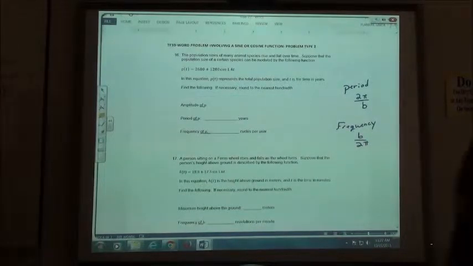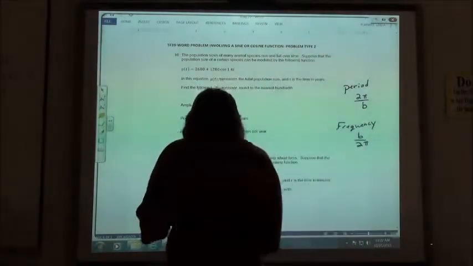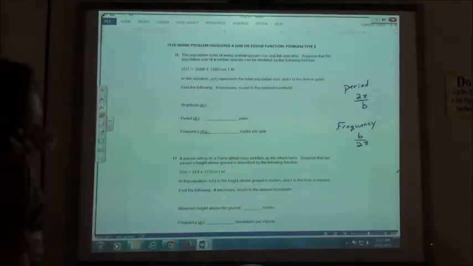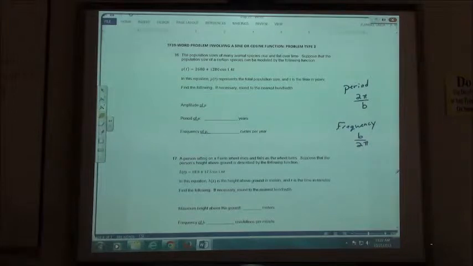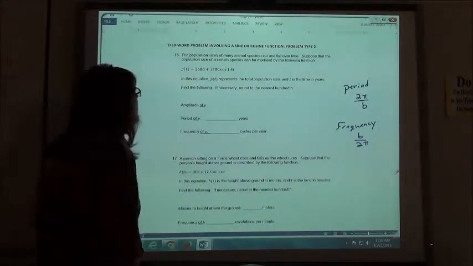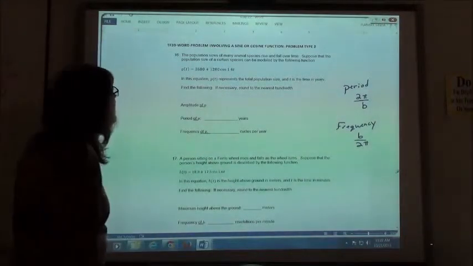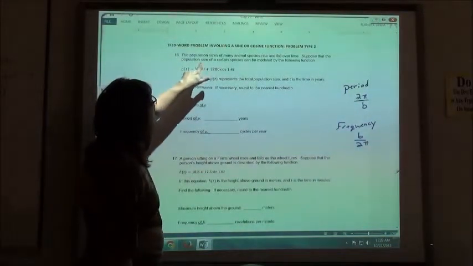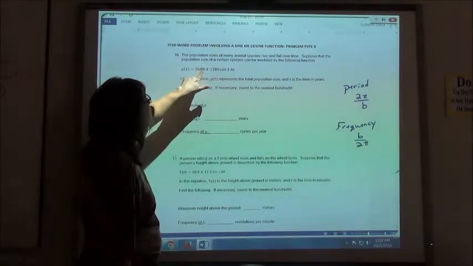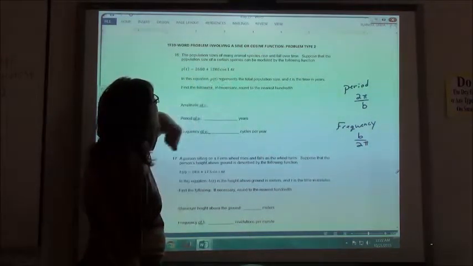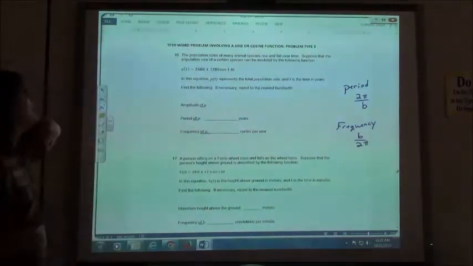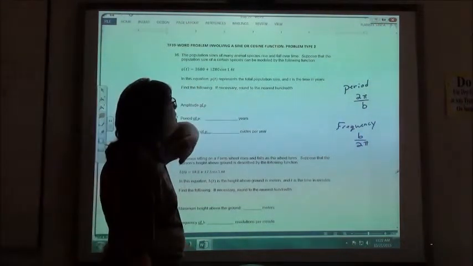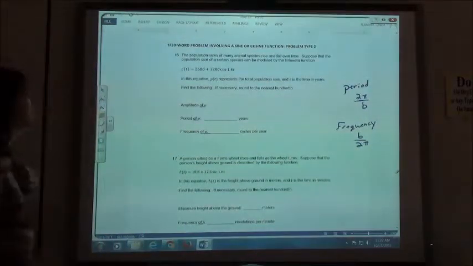So 16, 17, and 18, again, we have some word problems that we're going to do. Based on sine and cosine functions, the population size of many animal species rise and fall over time. Suppose the population size can be modeled by the following function. P of t equals, this would be my starting population, 2,680, and then it's going to change by 1,280 times the cosine of 1.4t. In this equation, P of t represents the total population size, t is the time in